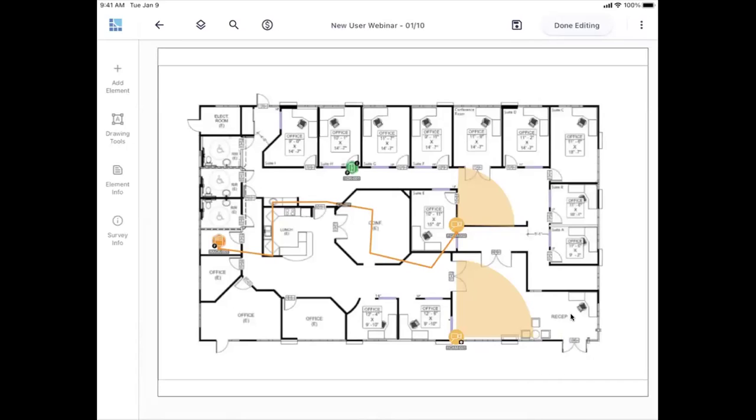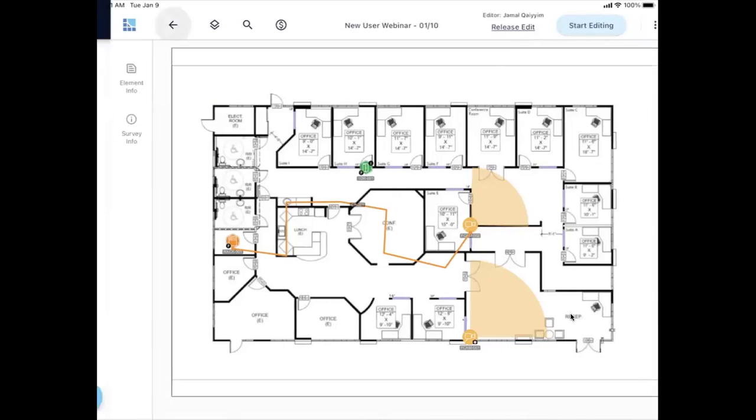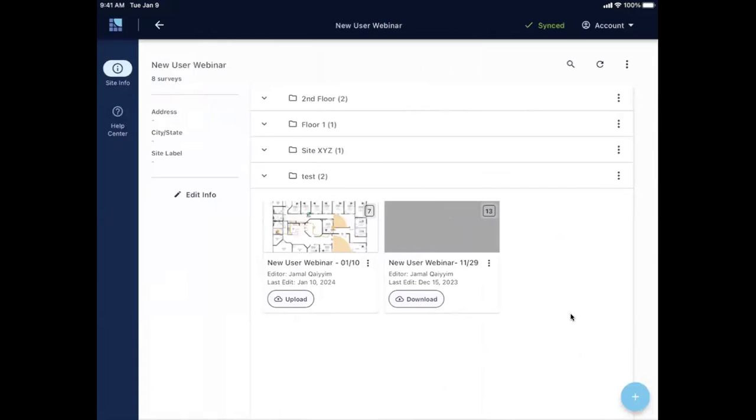From here, I'll hit this done editing. And then I'll go back out to the site level. And then we'll make the switch over to the web app to go over some of the things on there. So let me